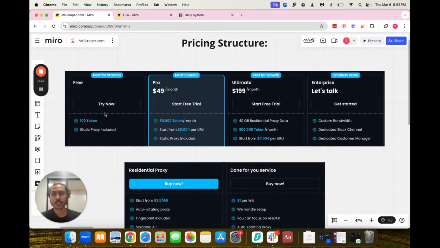So for the free plan, you get 100 tokens. One token is 30 seconds of usage, and then one proxy. For people who don't know what proxies are, they allow you to scrape web browsers while evading detection. Okay, so there's a free plan, a pro plan, which also has one proxy but more tokens, and then you have the ultimate plan with more proxies,